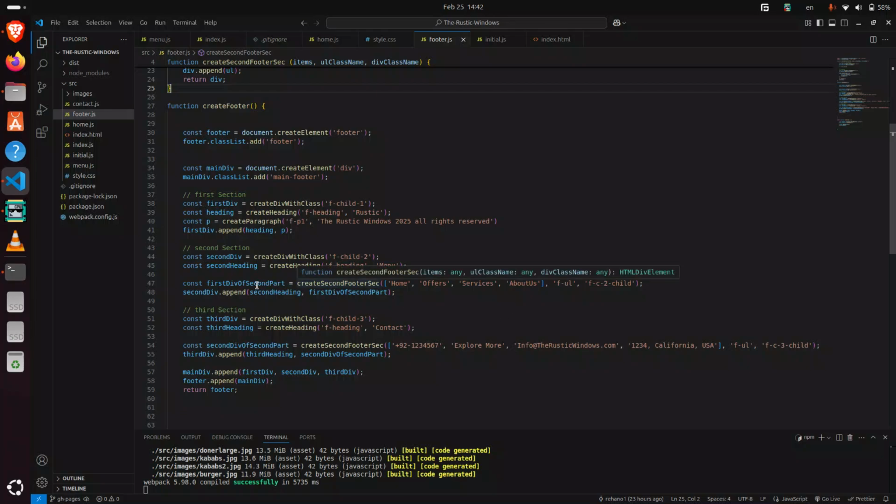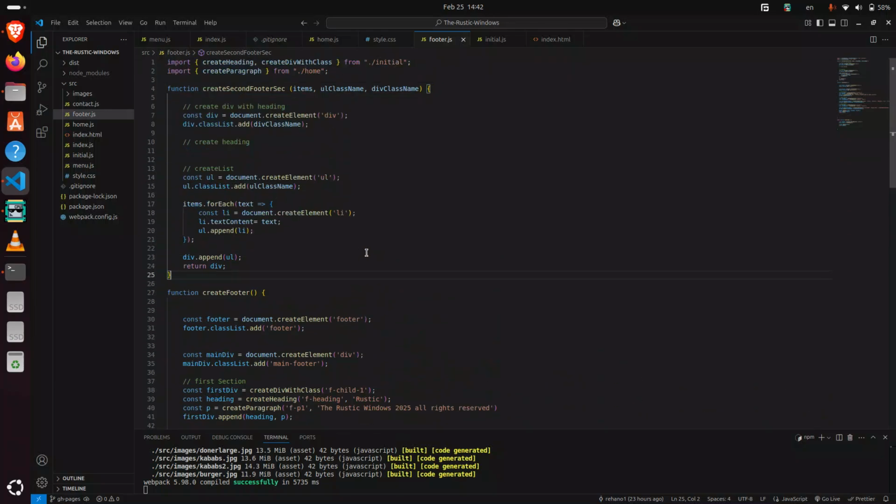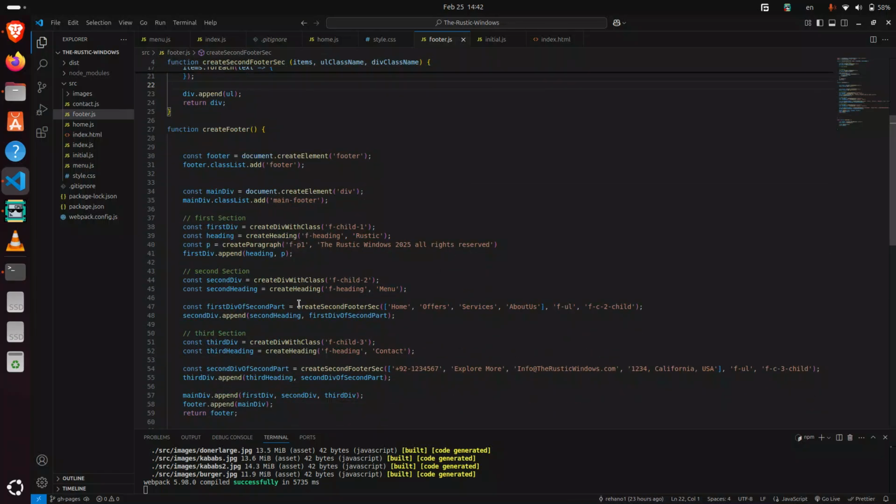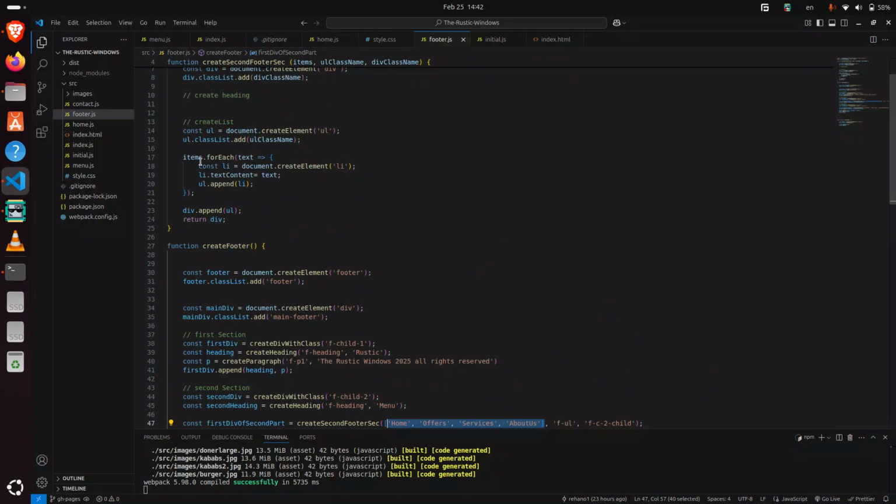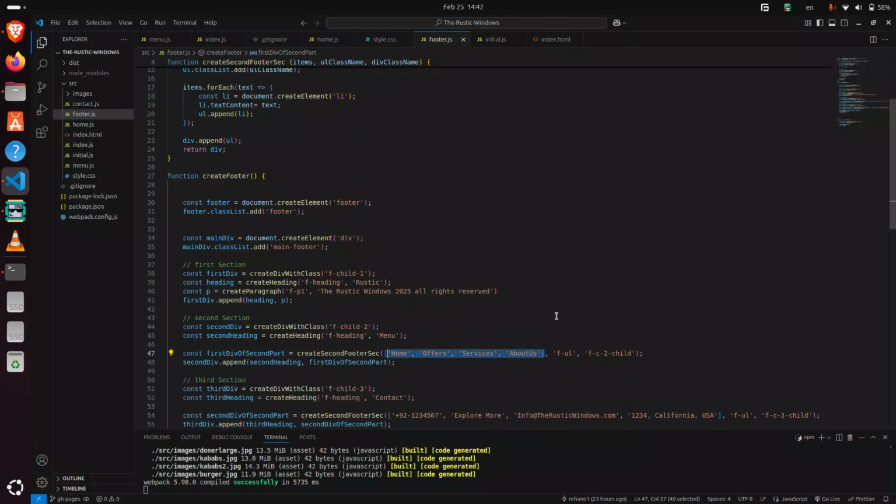Then I have used the first div of the second part, create second footer section. I have created it so that it can be reused. So in the place of items I have used an array. As I explained earlier, I have used items forEach, which creates an li with the text content and appends it to the ul.